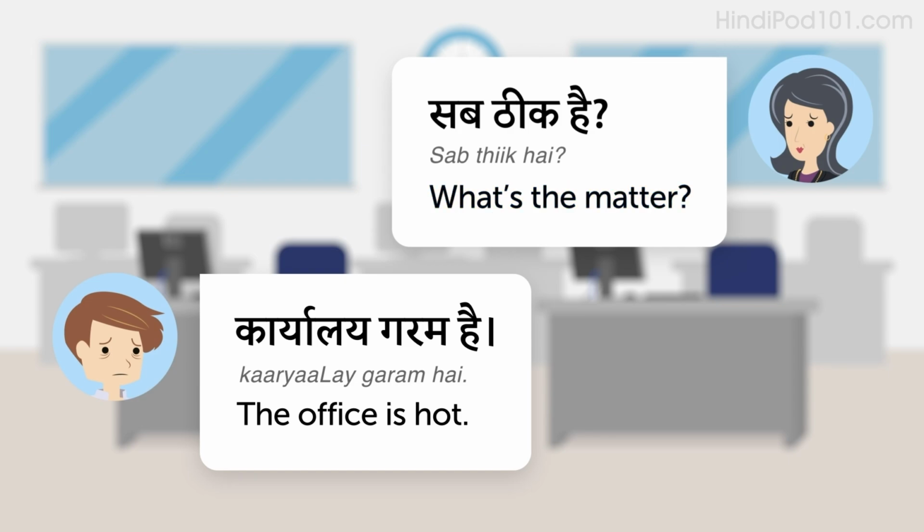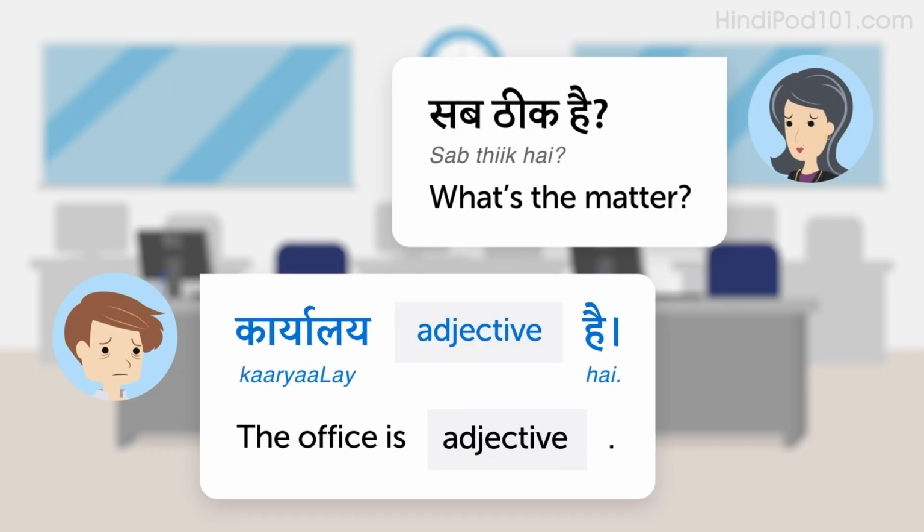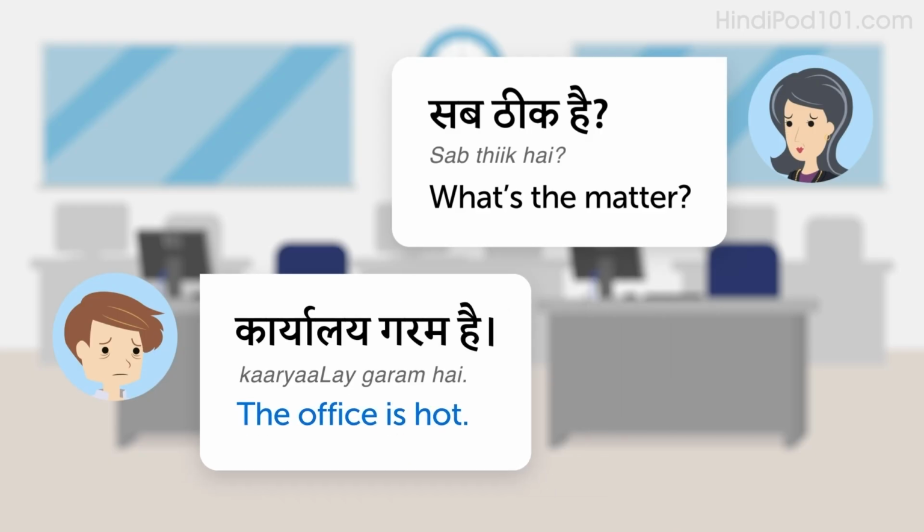Now, how do you answer this question? The pattern is कार्यालय adjective है। This Hindi sentence literally translates into, office adjective is, but it means the office is adjective in English. For example, the office is hot. कार्यालय गरम है।